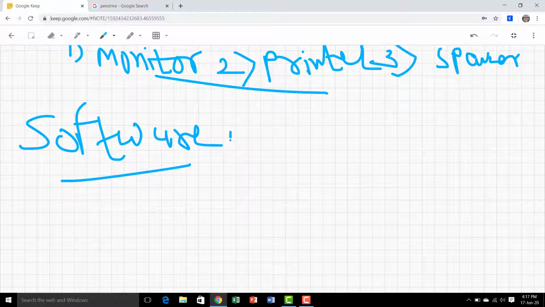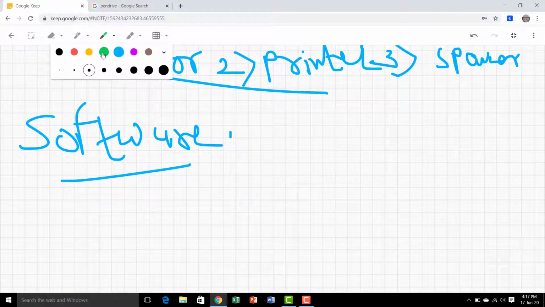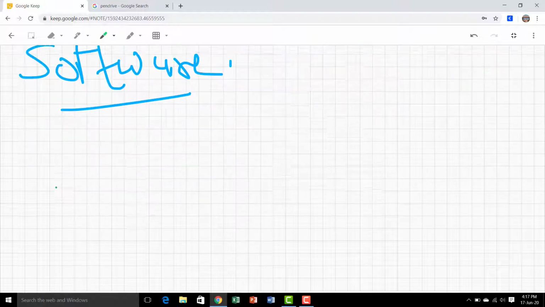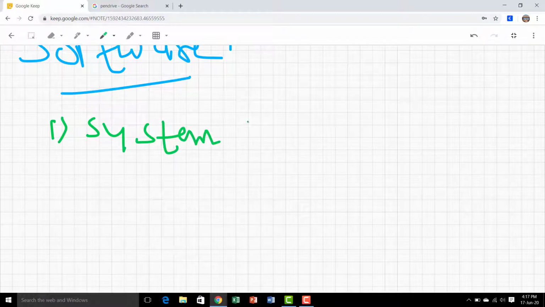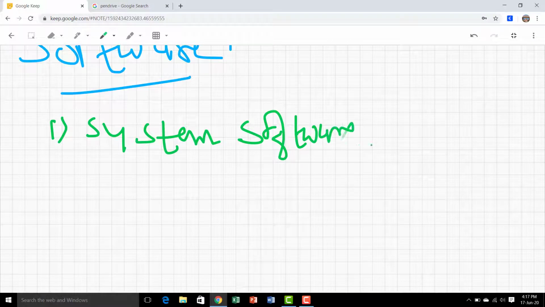There are basically two types of software: system software and application software. First is system software. Second one is application software.